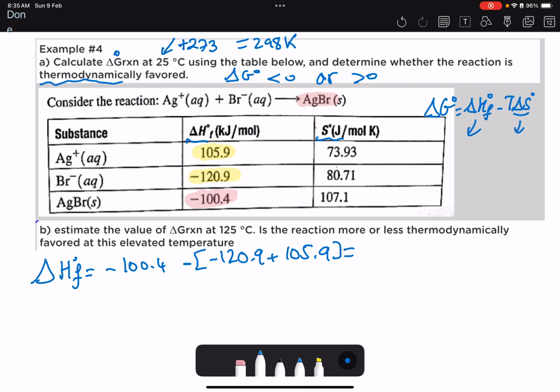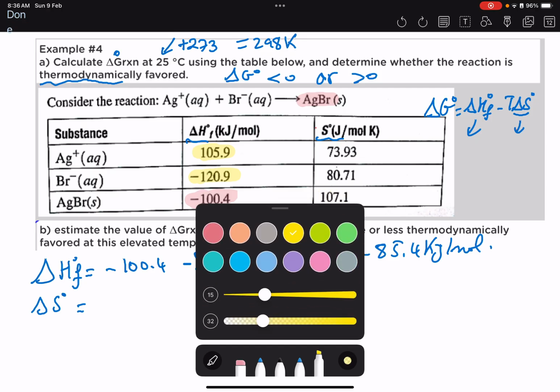And the answer would be minus 85.4 kilojoule per mole. Now let's find delta S using the same way. So delta S is going to be as well the product. I'm going to use the same color. Product